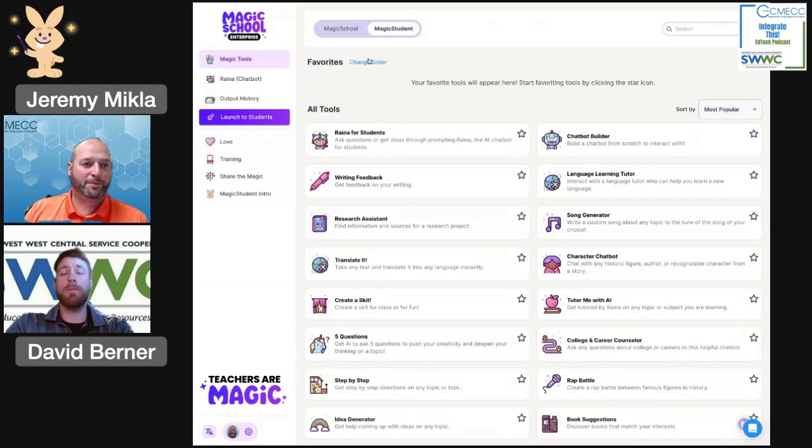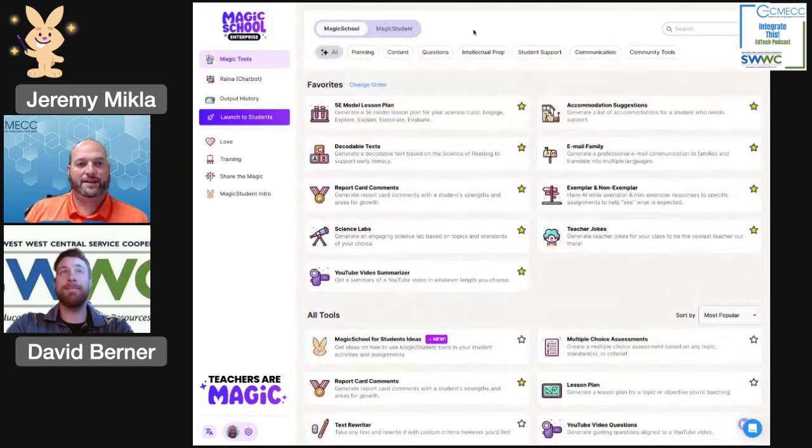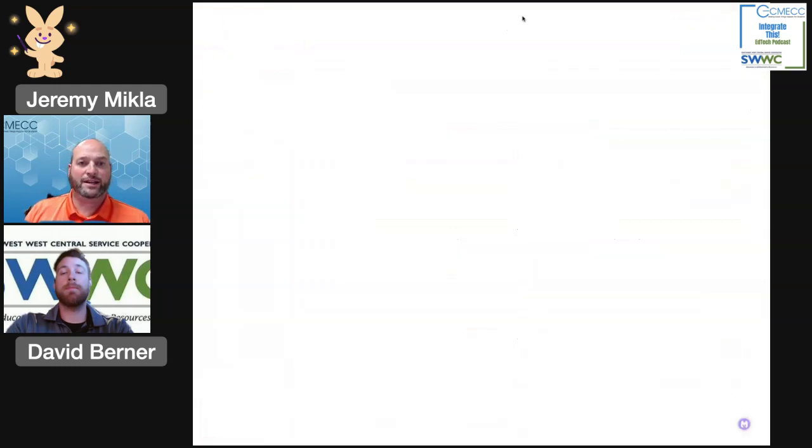However, for today's purposes, David is going to play the role of student. So when we look at things from that angle, we'll share his screen instead. So the next thing I want to show you is, just like I had these toolbars and these different features over here on the left-hand side of my screen, a new one there is called Launch to Students. And that's where I'm going to really begin to push out these different AI